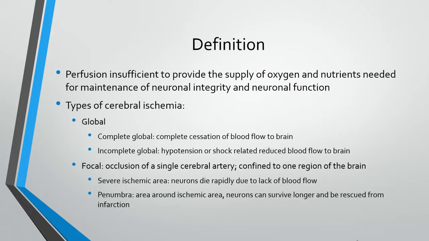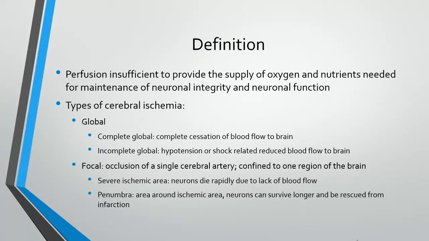So this is when you have a certain artery that has been occluded or a certain area of the brain that has received damage that's not getting oxygen to it. In this, we have two areas. We have the area that has taken the direct insult, the severe ischemic area, where the neurons die very rapidly, and most of the time we can't get function back to this area of the brain. The area that we're more concerned about is the penumbra, which is the area around the severe ischemic area